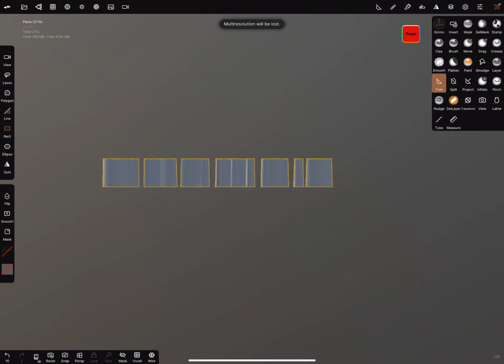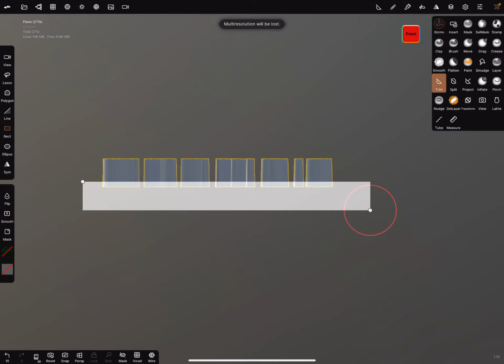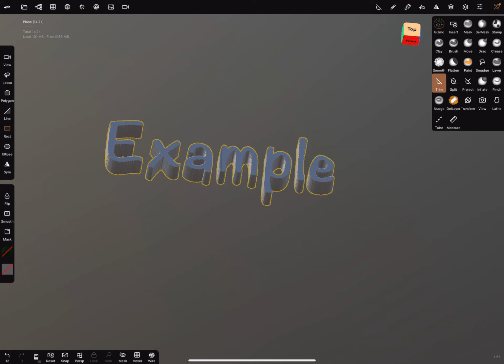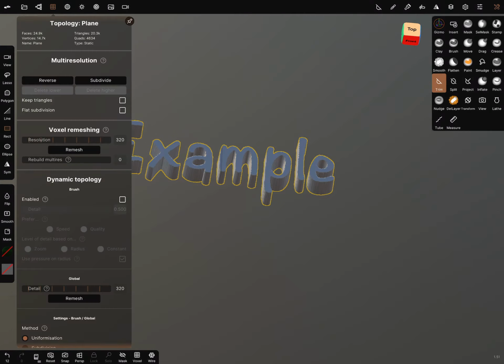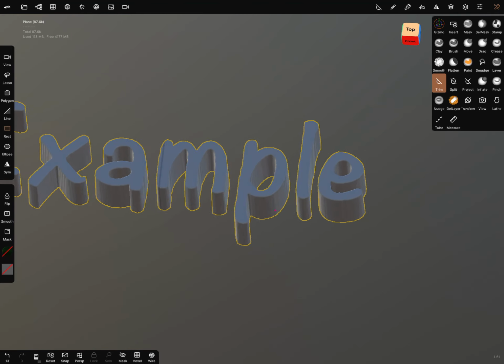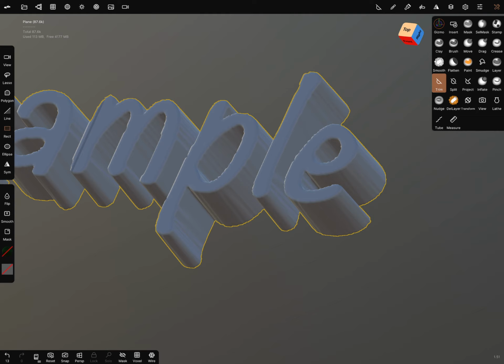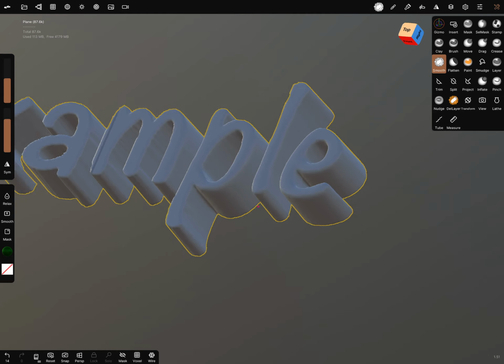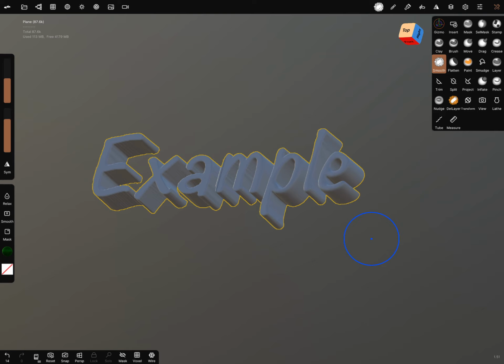Take the rectangle and cut the plane off at the top. Then you got a clear word, and then you can remesh it. Okay, and then you can smooth it. This is one example.